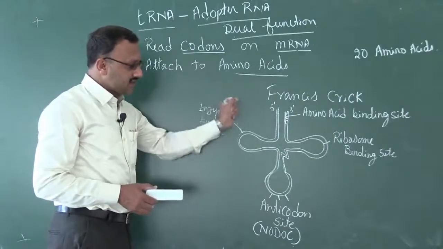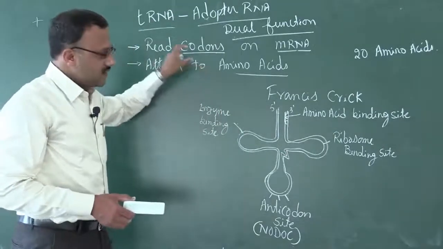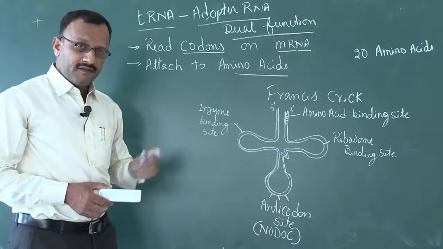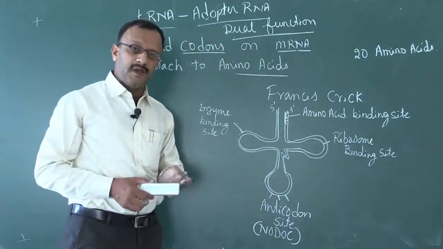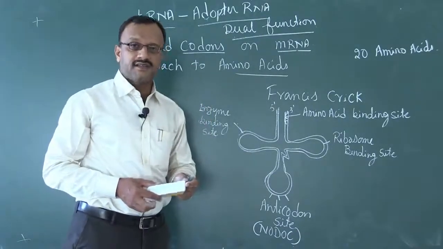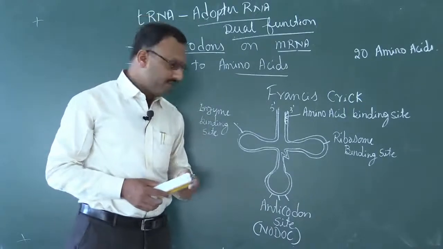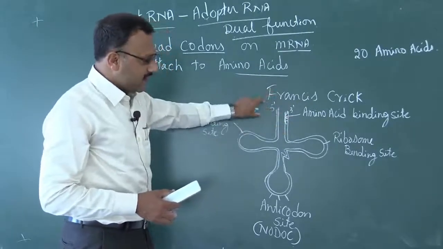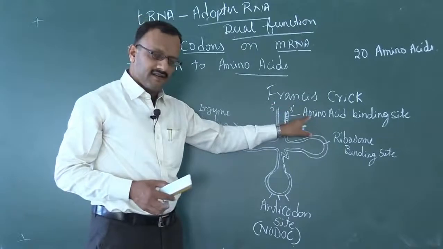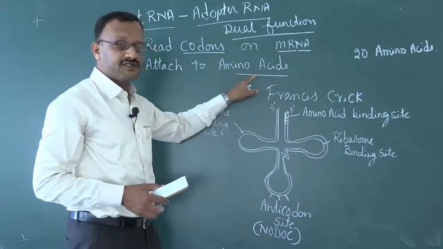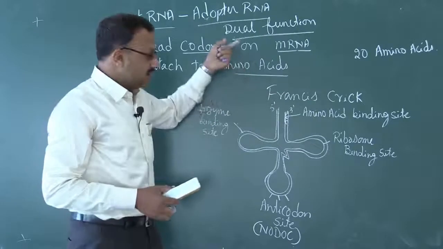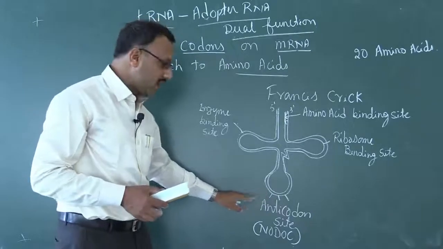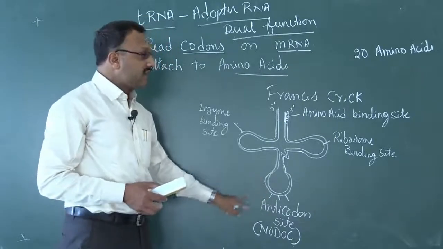I'll repeat to conclude this. The tRNA is one form of RNA which is highly folded, bringing the two ends closer to each other because of its folded nature. It resembles a clover leaf, bearing five important arms. One is called the amino acid binding site, where the amino acid attaches to the tRNA, and the corresponding codes will be found on the opposite end called the anticodon site, which will read the codes present